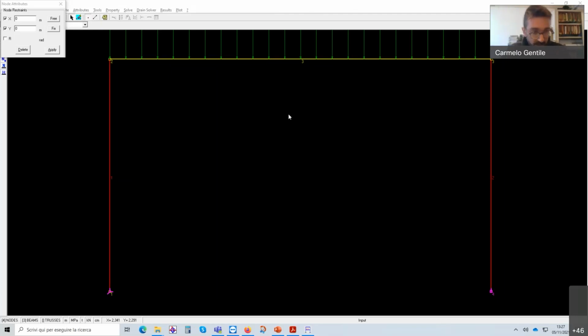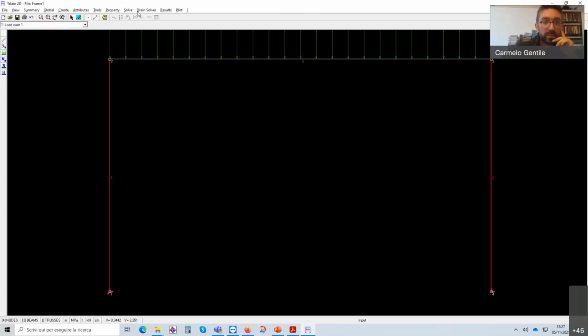Okay, I'm back. So in this case, I was changing the restraints. In this case, we have a hinge in the node 4 and the clamped section in the node 1. Okay. We just may want to